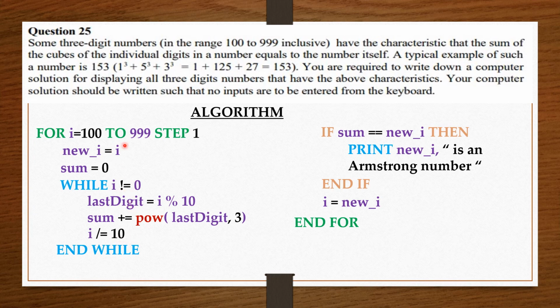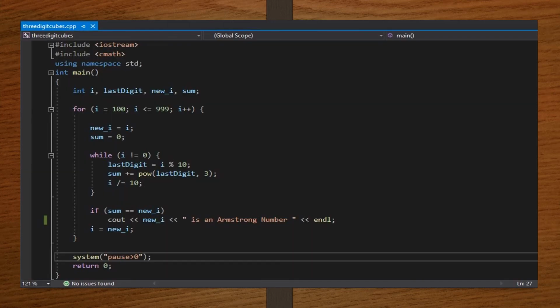Now let's convert our algorithm to code in C++. So before the int main function, I included the cmath library because we are using the power function. Then in the int main function, I declared I, last digit, new I, and sum to be integers. Then I ran a for loop from 100 to 999, step 1, increasing it by 1. Then I save a copy of the I in new I. And then I create an empty variable sum which will contain nothing. Then the while loop